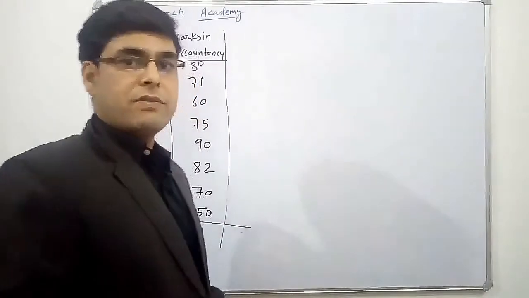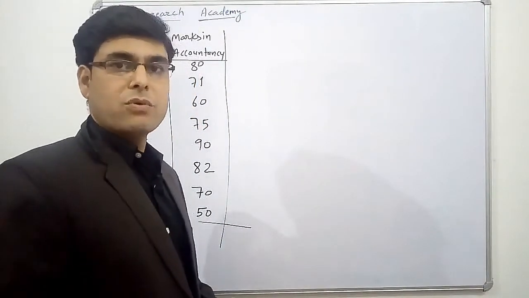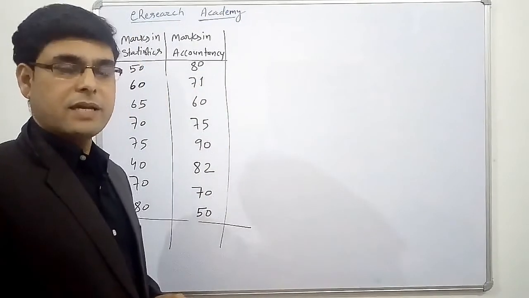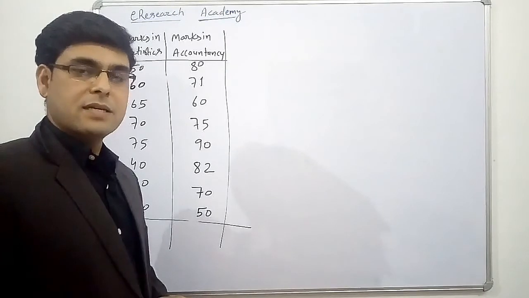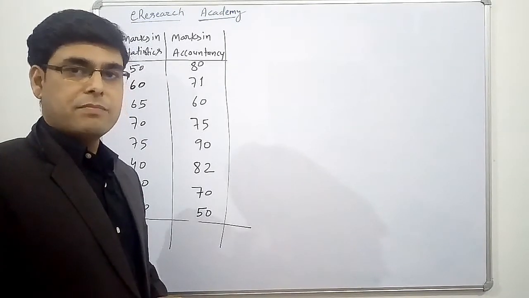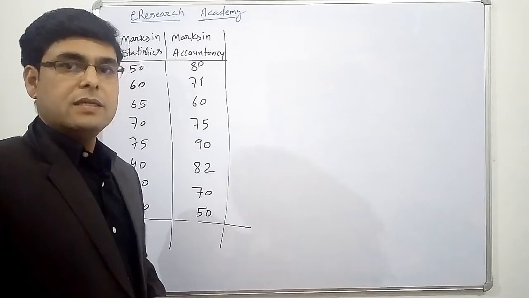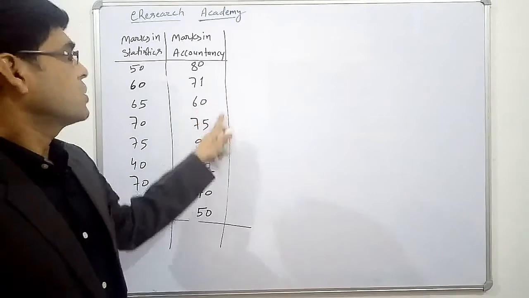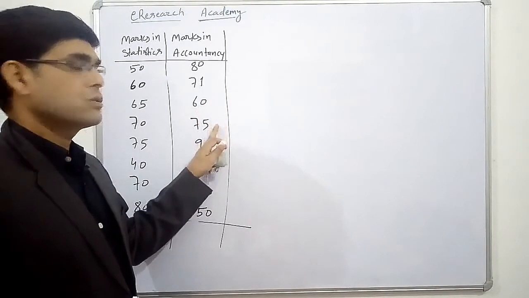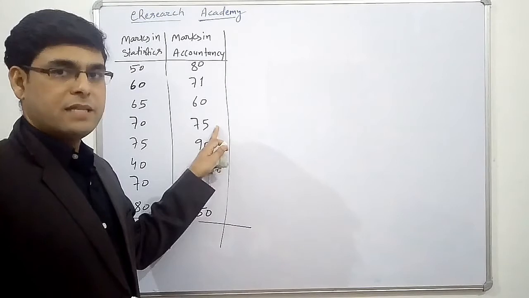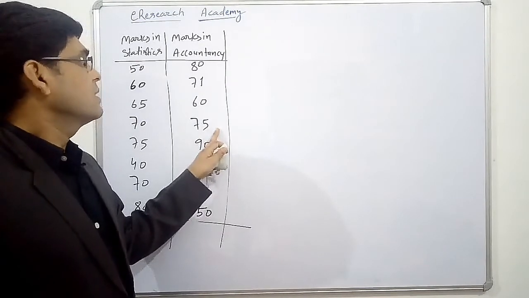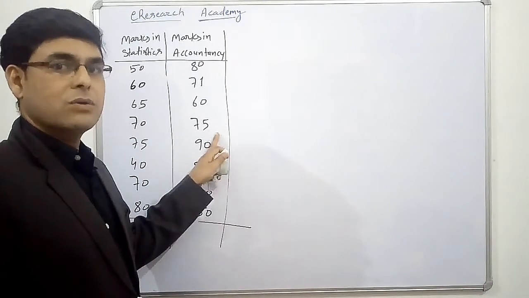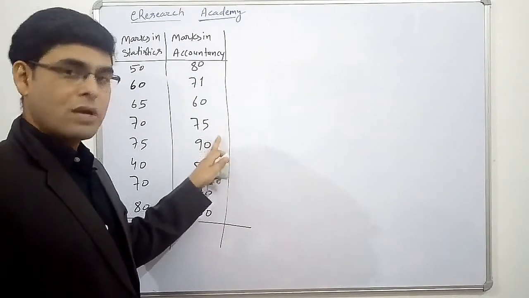So friend, today we are going to discuss the calculation of correlation by shortcut method, the indirect method. In the previous lecture we discussed the correlation by product moment method and direct method. So here we are solving the question by shortcut method. Shortcut method is also known as assumed mean method. Here we take the assumed mean rather than the actual mean while calculating our correlation value.